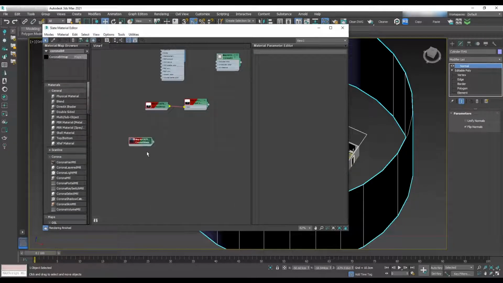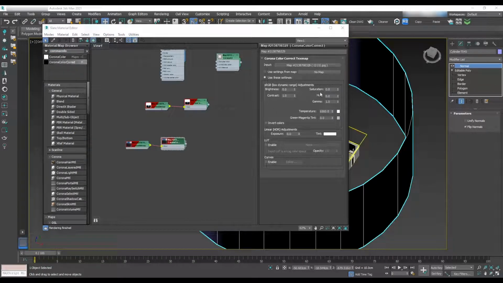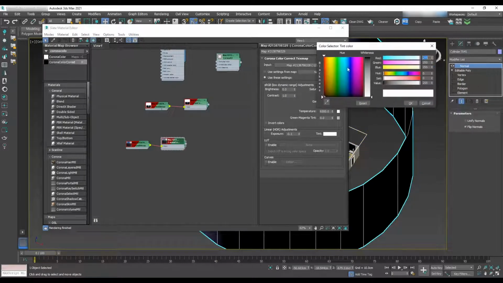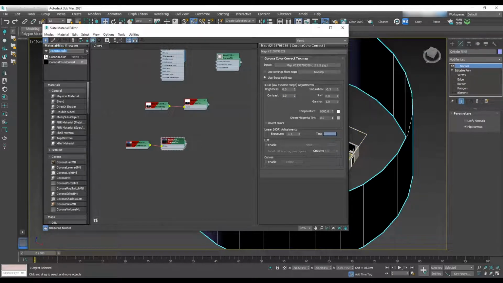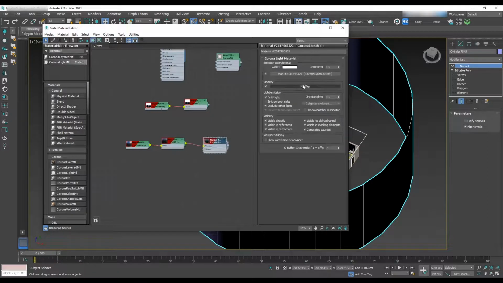Select Corona color correction and assign the bitmap to this. In the Corona color correction, we'll change the saturation to -0.3 and exposure to -0.1. For the tint color, let's select the blue-grayish color and then assign it to the Corona light material and change the intensity to 15. Uncheck visible in reflection because we don't want this cylinder affect on the reflection, and close